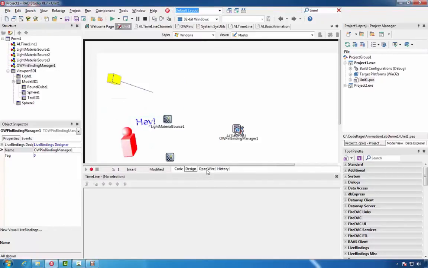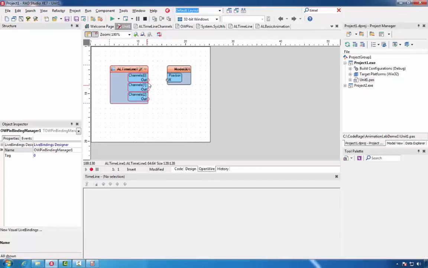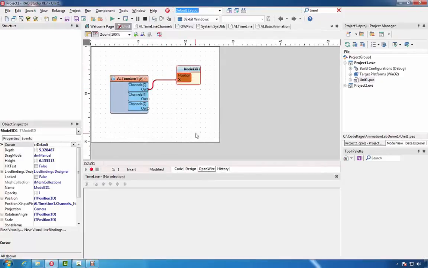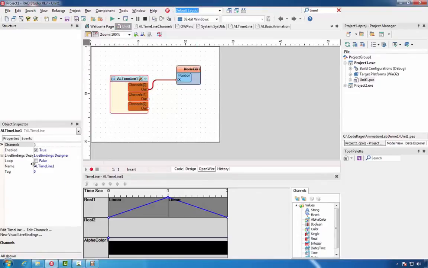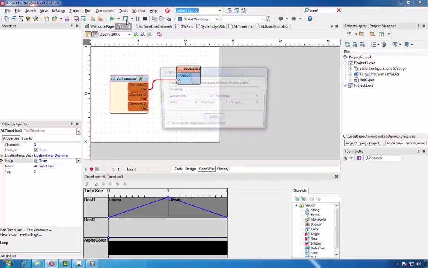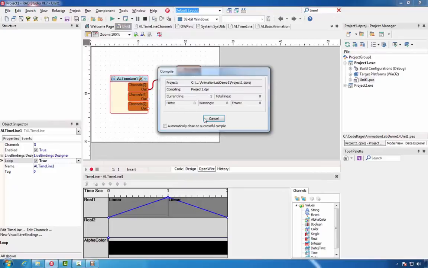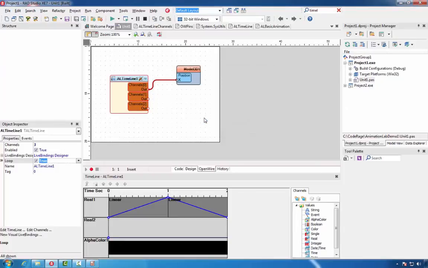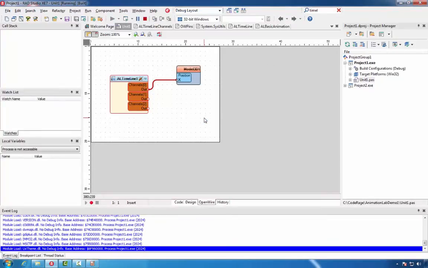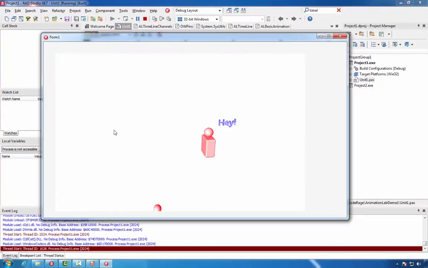We'll switch to the OpenWire editor and we'll connect the first channel with the X position. And we also will set the timeline to loop. And we'll run the application. We can see that the model is moving left and right.